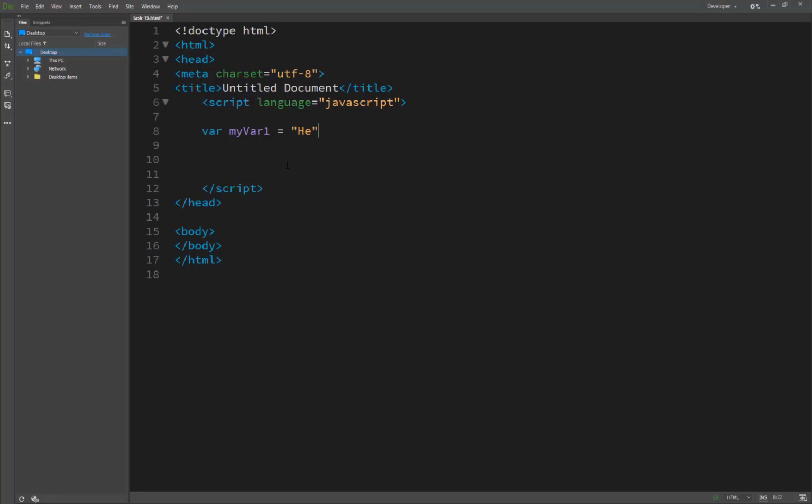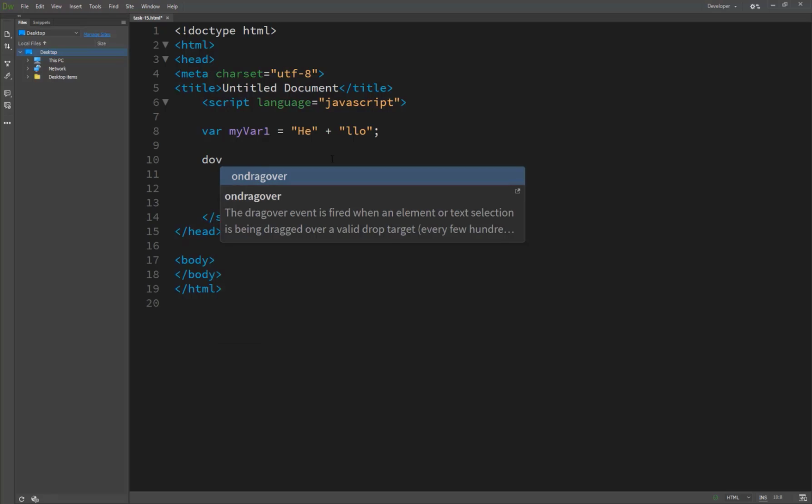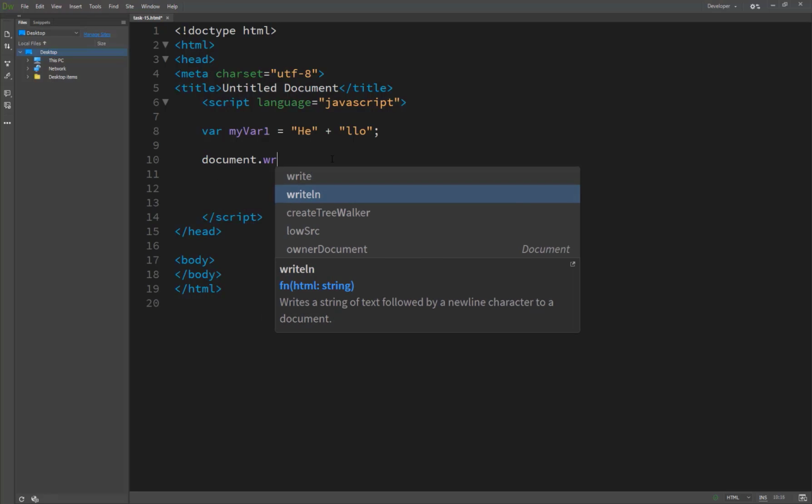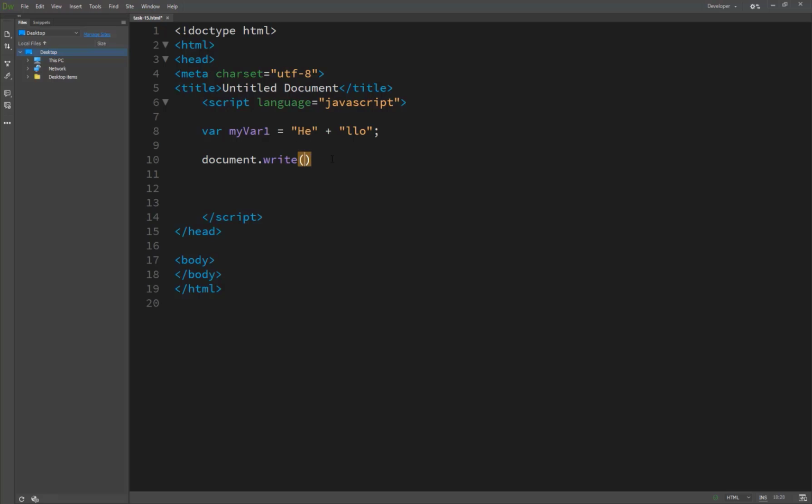We type he plus, and when we try to print with document.write my var1, now you got the results. These are basically combining two short strings into one, with the plus sign.